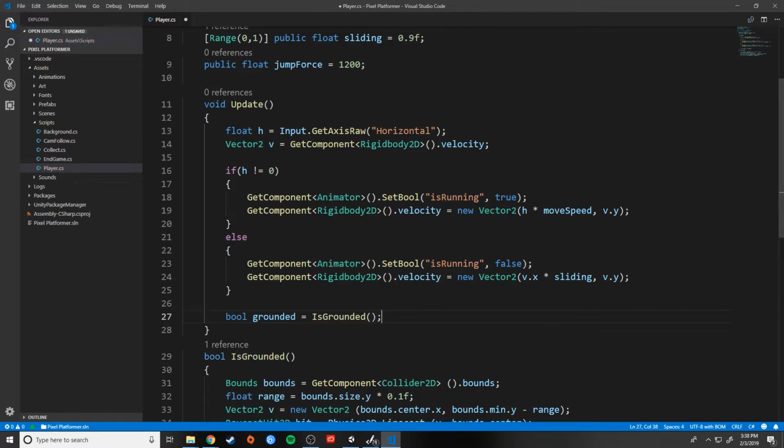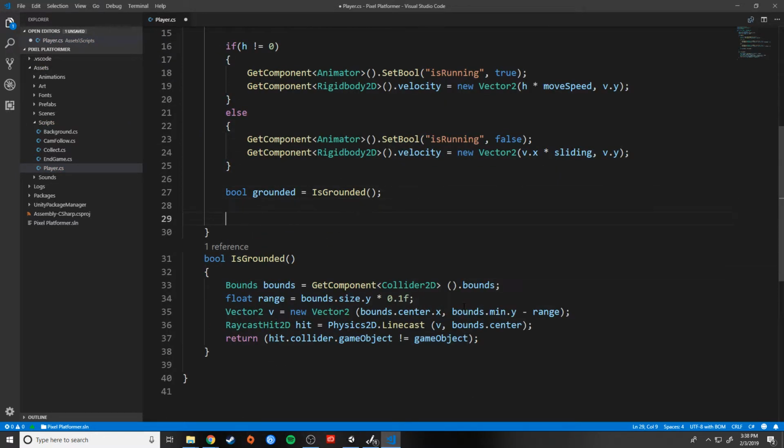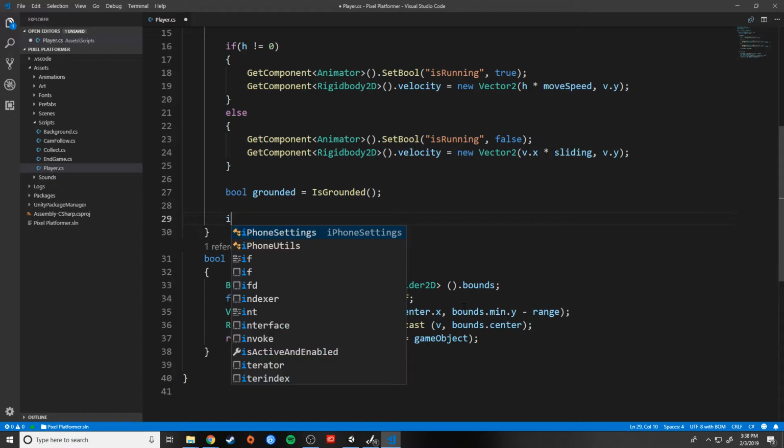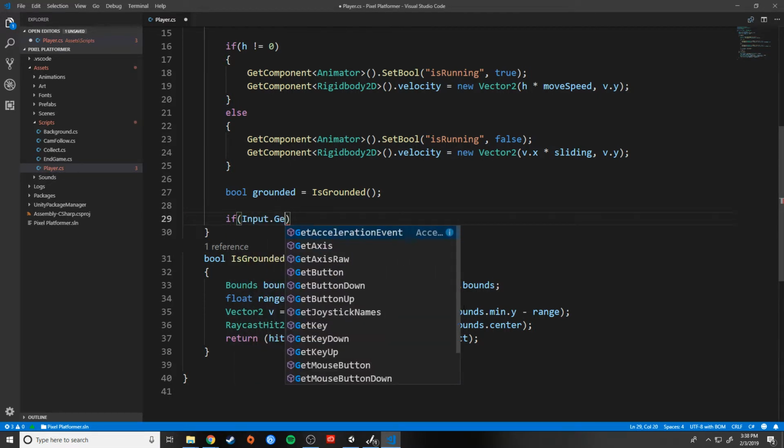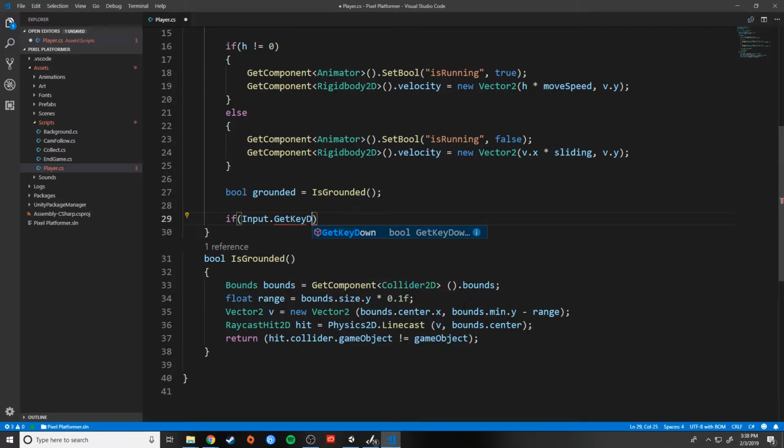All right. So now we're checking to see if we're grounded or not. Now here I want to actually set up my jump. So if Input.Get... Do I want GetKeyDown? No, I want this to be based on my Super Nintendo controls. If you have it set up for GetKeyDown,